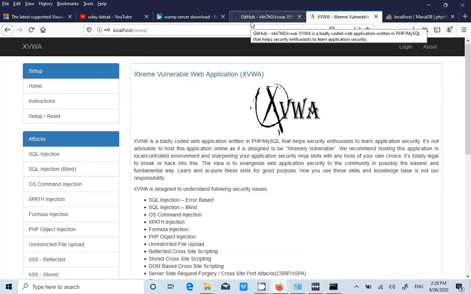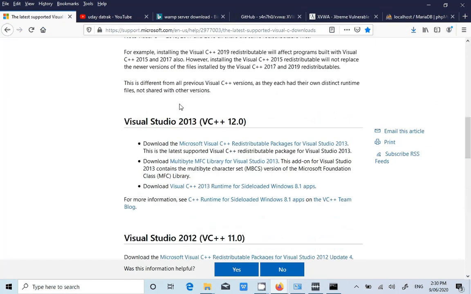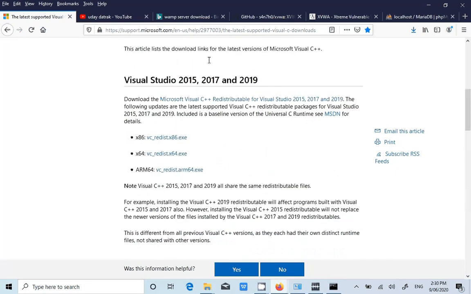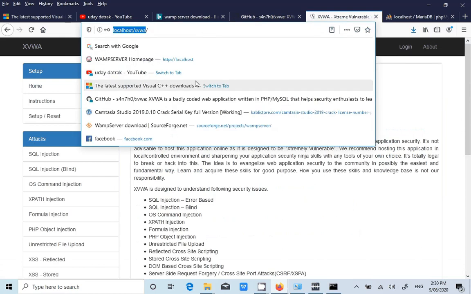Now what all we have done, guys? First step is you have to install all these libraries, distribution, exe files, around 7 to 8. Each is around 1 MB itself. And after that we have downloaded the WAMP server and we have installed it. And then we downloaded the extremely vulnerable web application. We copied that into the WAMP64 www folder. When we tried to open the web application, we got some error like unknown database.